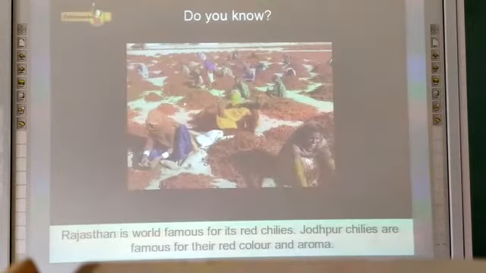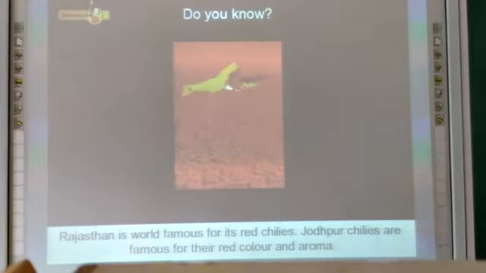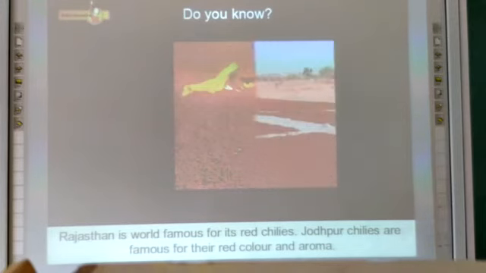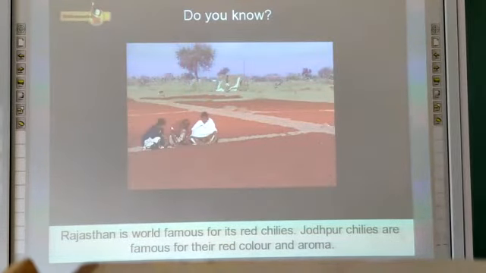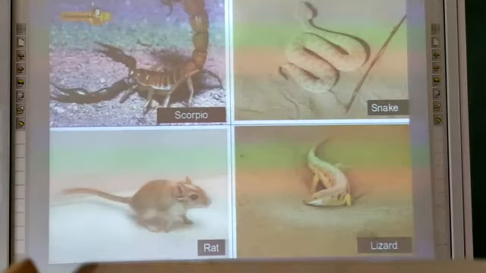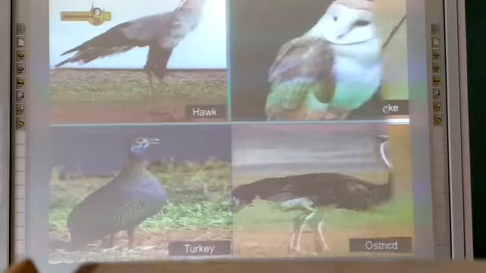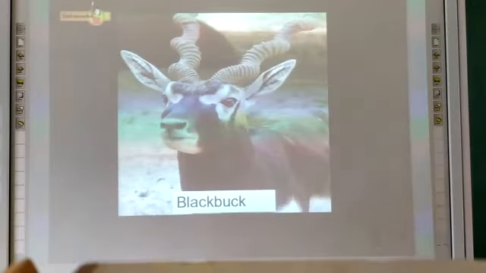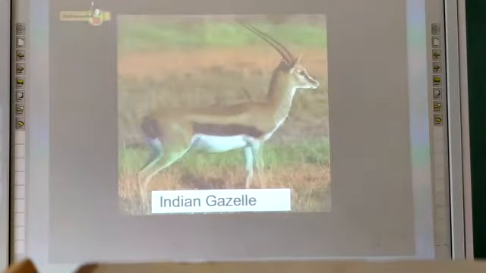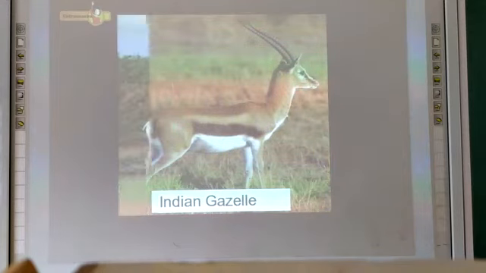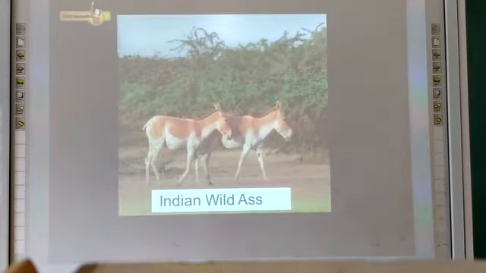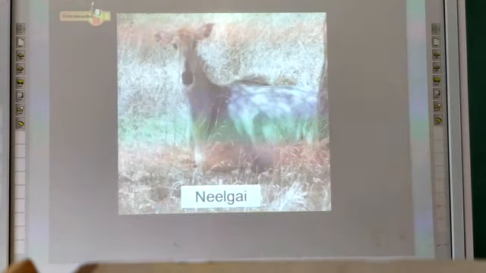Do you know, Rajasthan is world famous for its red chilies. Jodhpur chilies are famous for their red color and aroma. The wildlife in this region is very rich. Some wildlife species: black buck, Indian gazelle, Indian wild ass, nilgai,